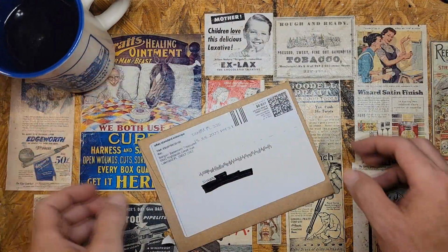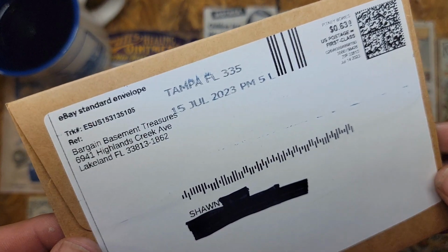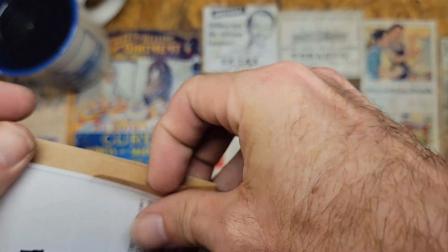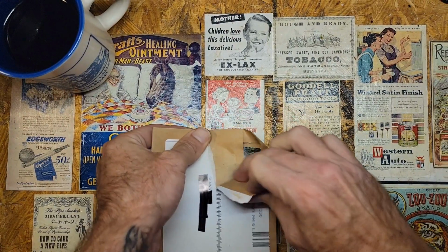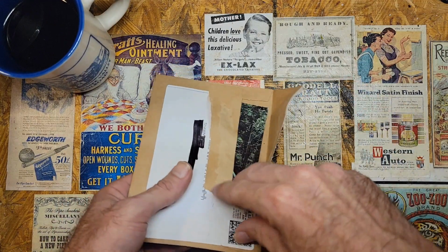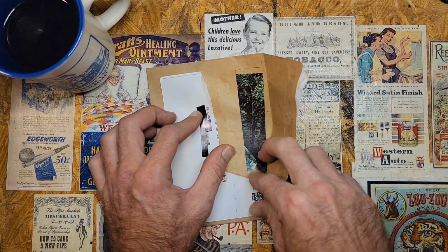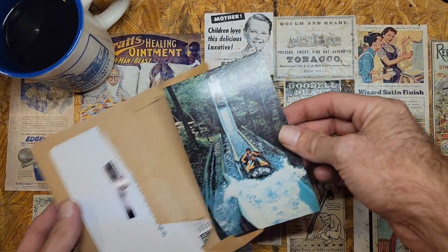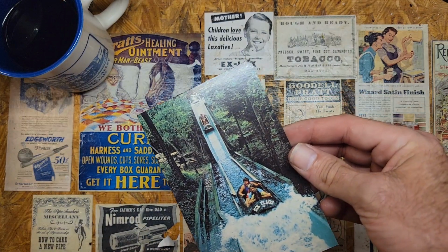So this next one comes to us from Lakeland, Florida. I had a sister who lived in Lakeland, Florida for a couple of years. She doesn't live there anymore. But anyway, I know where Lakeland, Florida is at. You don't have to tell me. This envelope is kind of tricky. I didn't want to cut into it. Alright, this is the